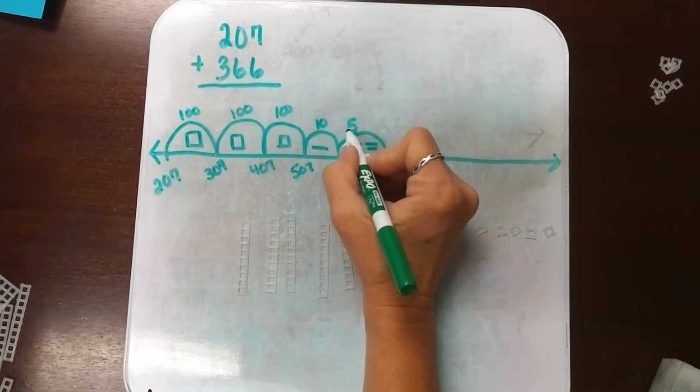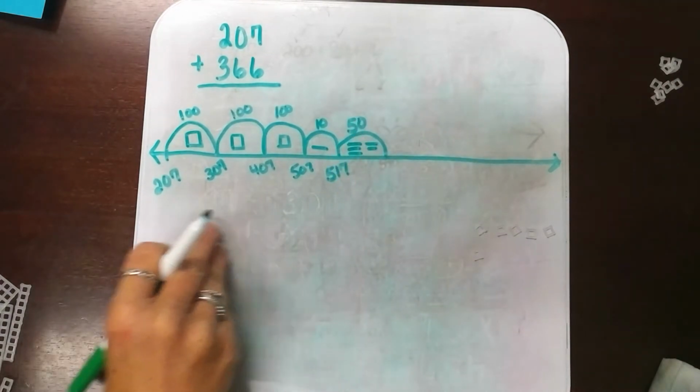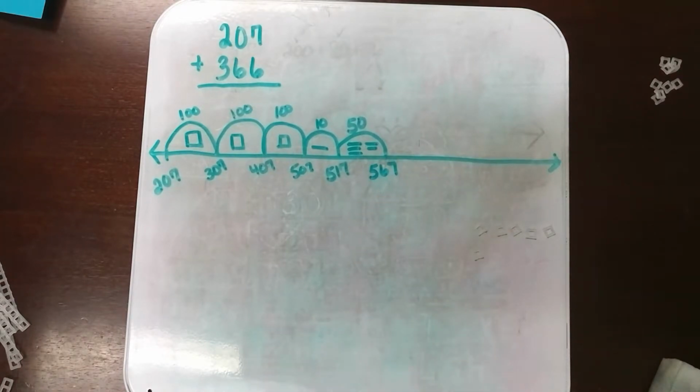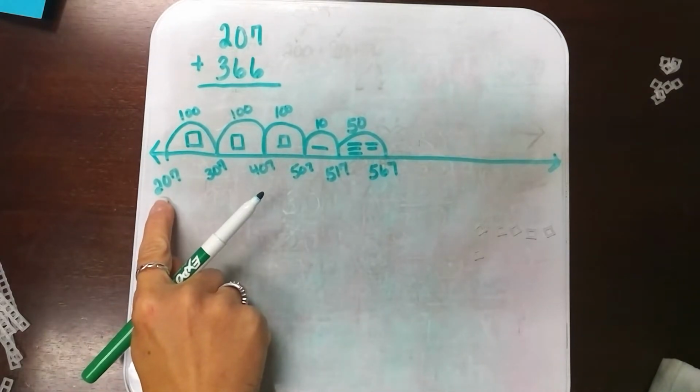I'm going to do a jump of 50. What's 517 plus 50? It's 567. So students don't have to do one block at a time. Once they start getting that number sense, they can see that I could have started here and said 207